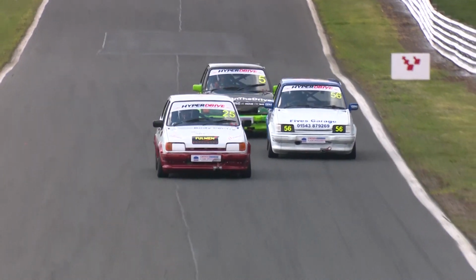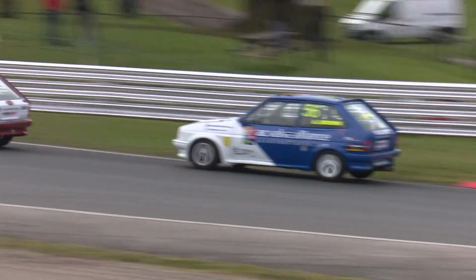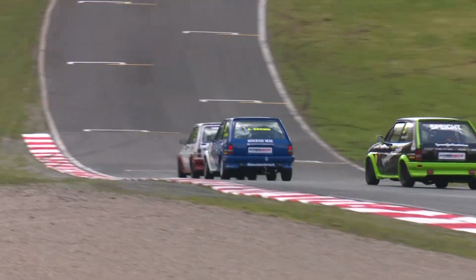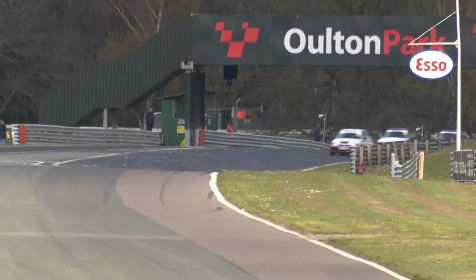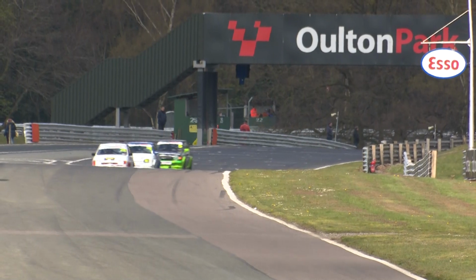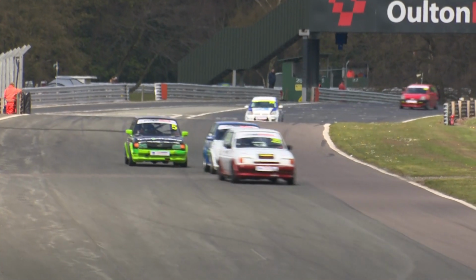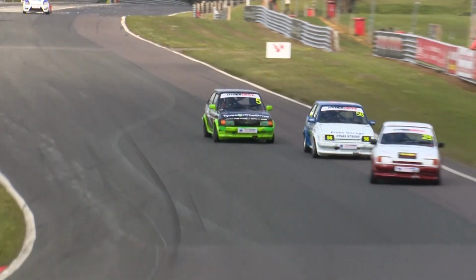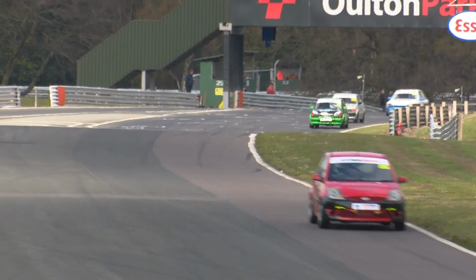He hasn't won a race at all overall, just as Brown did before the first race. Now he wants to make it 2 first-time race winners from 2 races. How cool would that be for the ST-XR Challenge? The new generation taking to the front of the field and already taking the top spot. Down towards Old Hall. They sweep in together, followed by the 2 STs of Rowlands and then